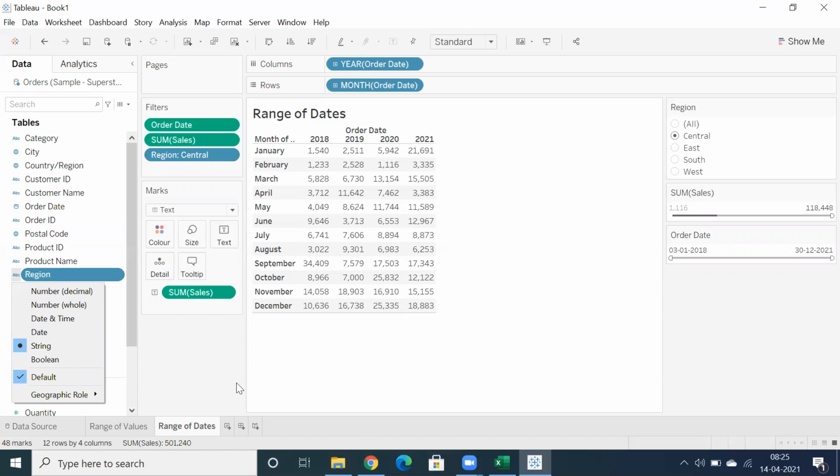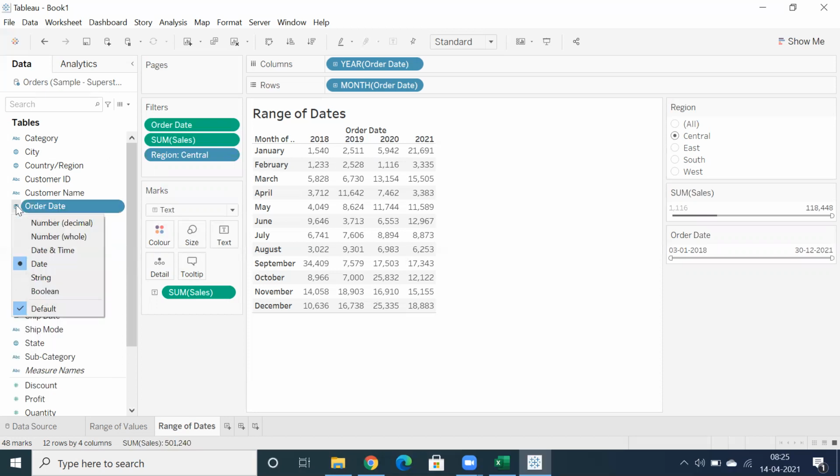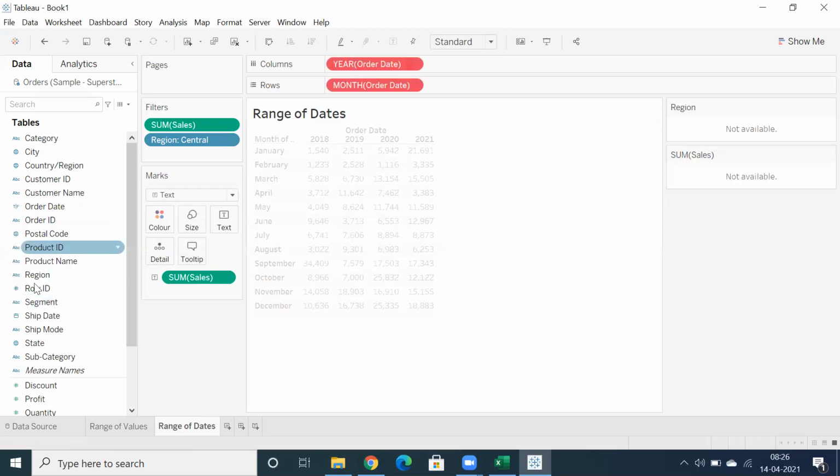Okay. String. What is the data type of order date? A date. That's what you can see in the selection, the blank dot. What does this Boolean mean? Boolean is like true or false. When you select Boolean, you can see T and F, but this is not a Boolean data type, right? That's the reason we are getting an error. Boolean is like true or false. That's the condition we have seen.